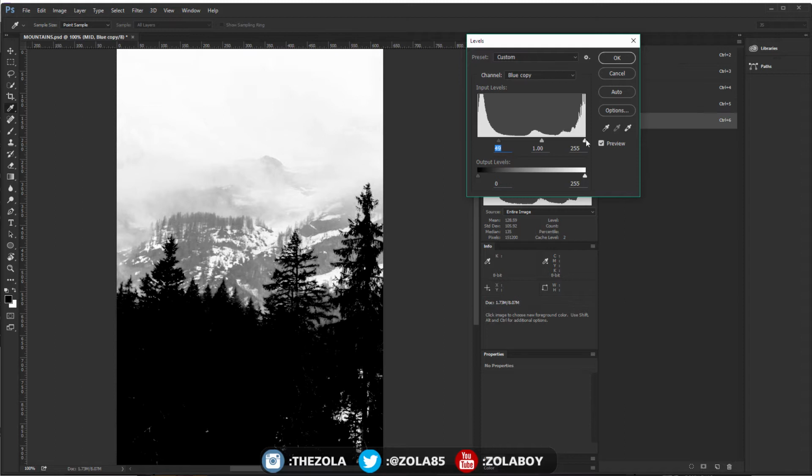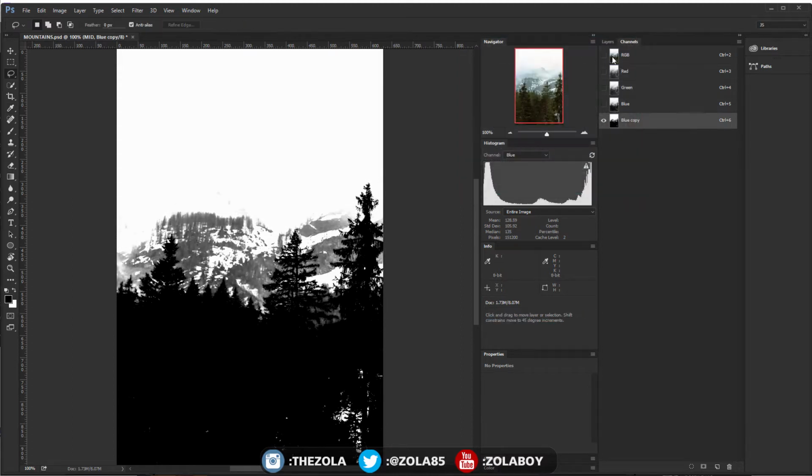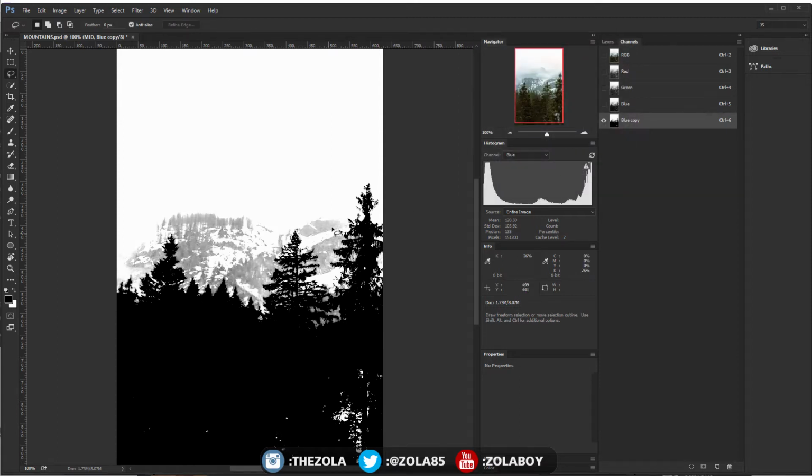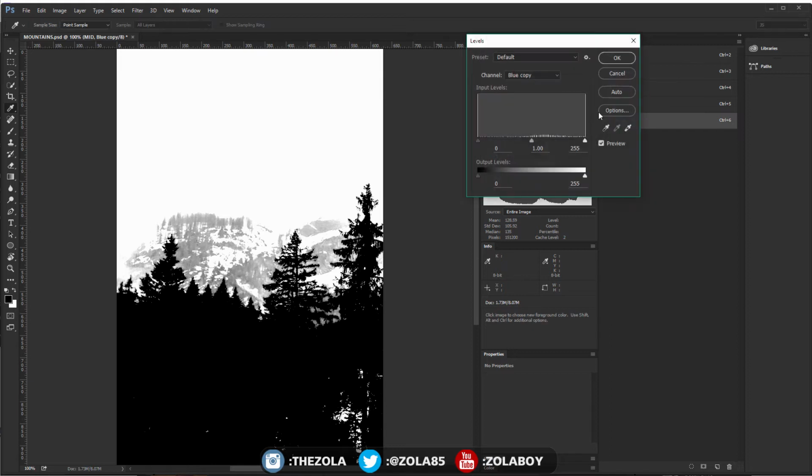So what we're trying to do is just bring the contrast in, and that's kind of looking close. So I'm going to hit that once and then bring levels back up again, and we're going to just do it again. So obviously this grey area we want to bring to white almost, and I'm going to hit OK again, and let's try that one more time.